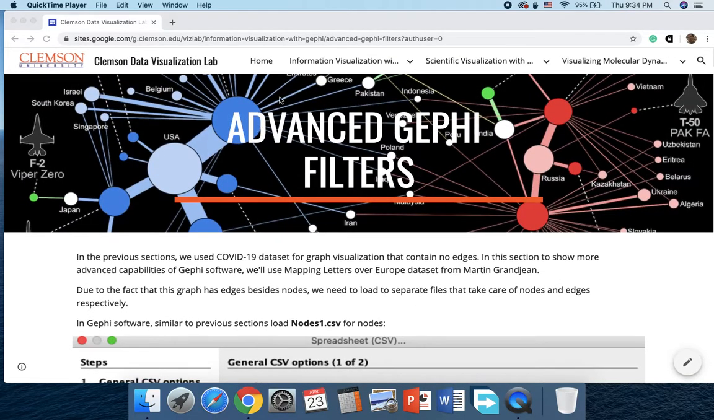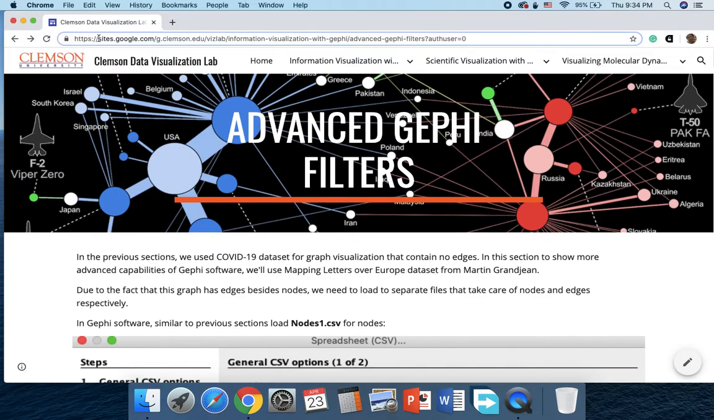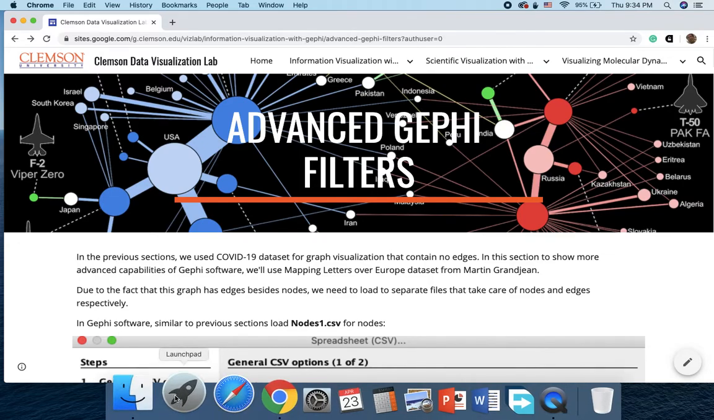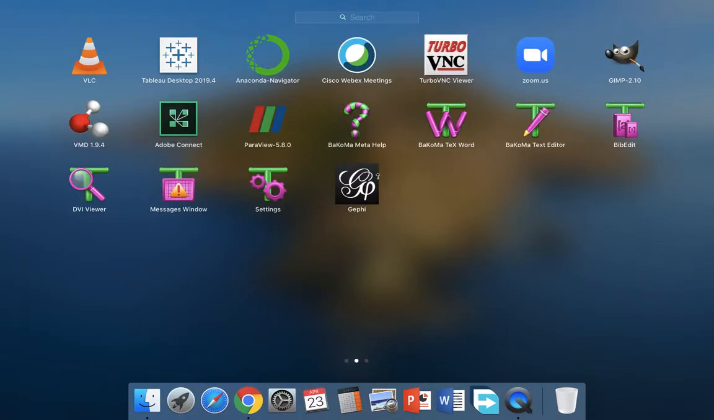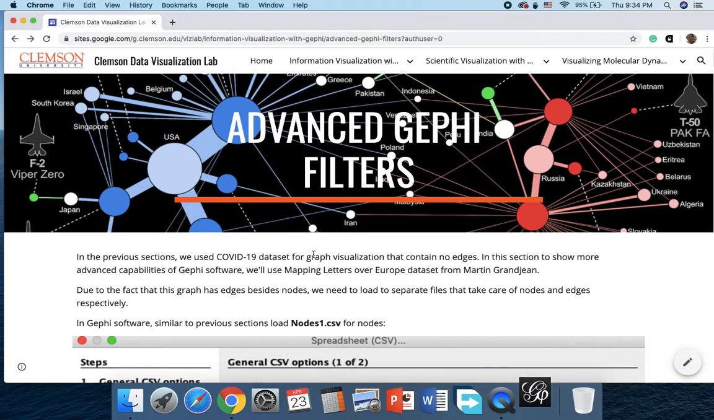So again, you could find all the information about this section on our website, which I will send to you here. And then you could follow this video or follow the website to create the materials or follow the tutorial here. So first I will open the Gephi software